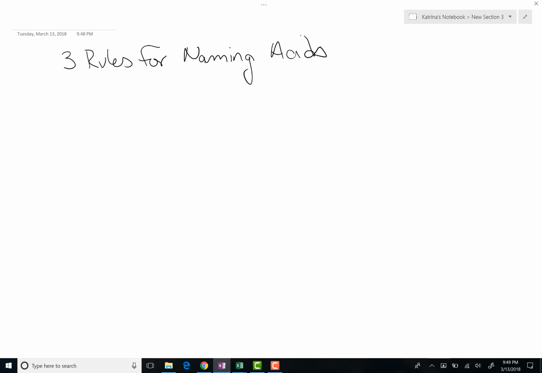So, to name an acid, the first thing, and really the only thing you need to evaluate, is the anion. So you have 2 options for the anion. You can have a monatomic ion, or you can have a polyatomic ion. If you have a monatomic ion, your ending for the anion is going to be "-ide", and to change from the anion's name to the acid name, all you're going to do is take off the IDE and add "-ic",